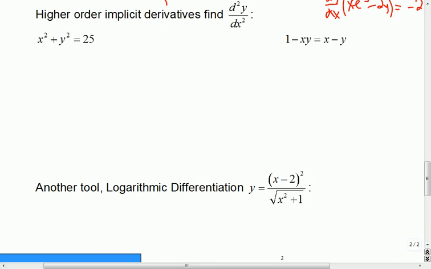Okay, so this here is an implicit equation. Anybody know what the equation is? It's a circle, radius 5. Okay? Anyways,